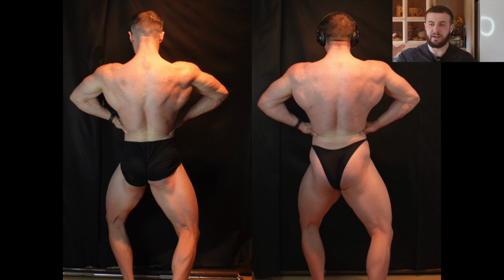Like the back leg is thicker. My sweep, obviously in posing trunks, I can really see my sweep, which is a strength of mine, and the shorts hide that. But when they're out in the posing trunks, you can see that sweep coming out. Even in the back shot, you can see the sweep of my quad come out and create that thicker illusion